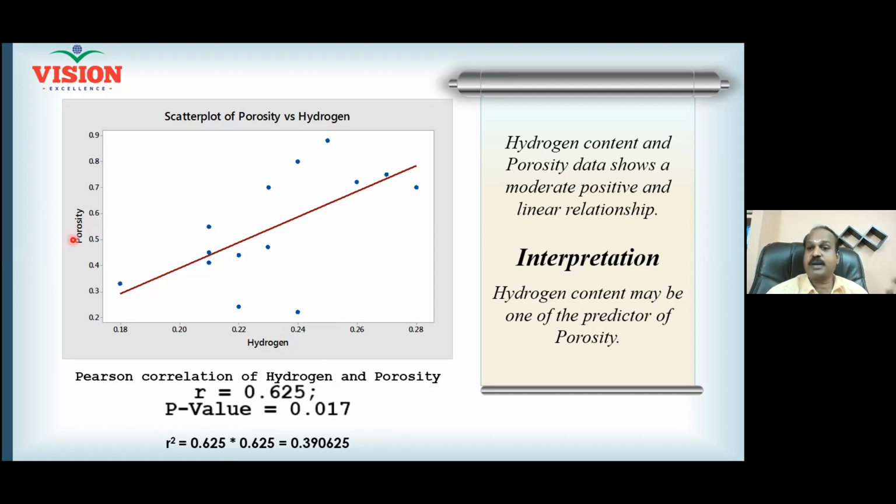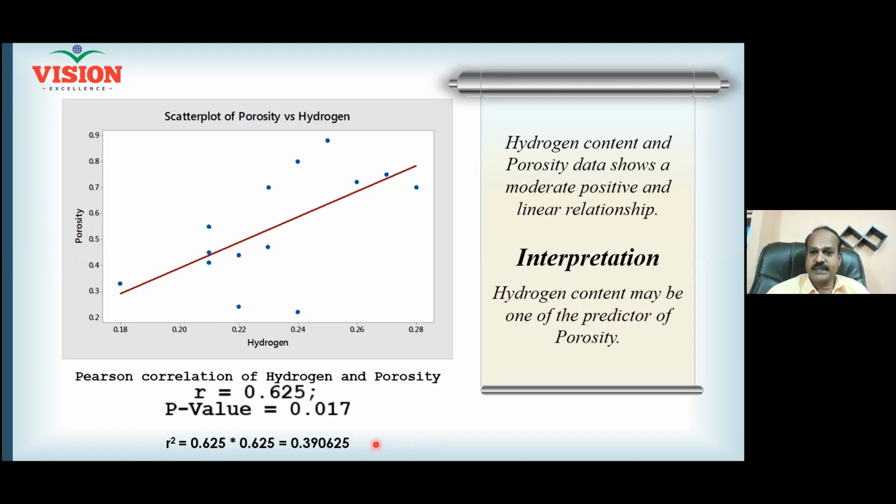What is the problem? Porosity. If there are 100 castings becoming porous, and when you actually optimize the hydrogen content, 39 castings will become good, and only the remaining 61 will be bad. So the contribution of the factor on your Y variable, or the impact of your factor on your Y variable in terms of the influence, is getting measured in your R square. We call it the coefficient of determination. Is that clear to all of you?